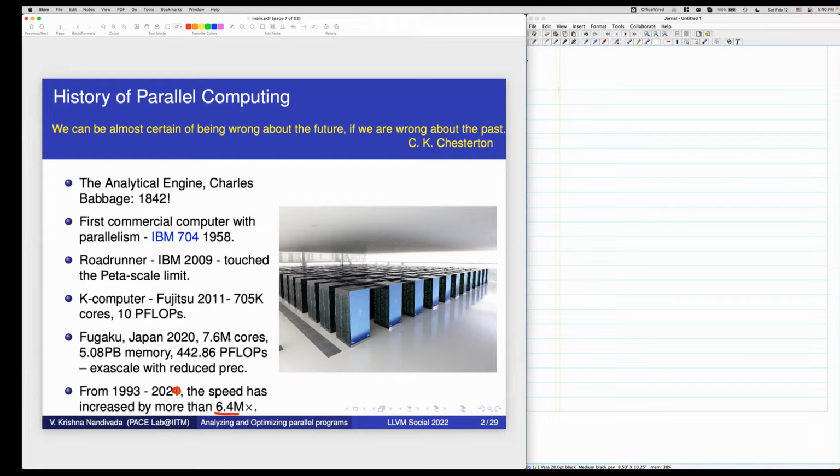And as you can see, the increase in petaflops has a lot to do with the increasing number of cores, the amount of hardware parallelism that is coming in. There are also other factors, but a big factor in this is the amount of parallelism.